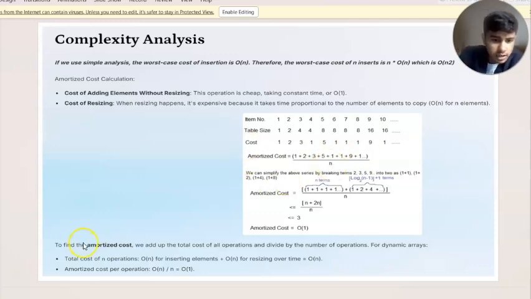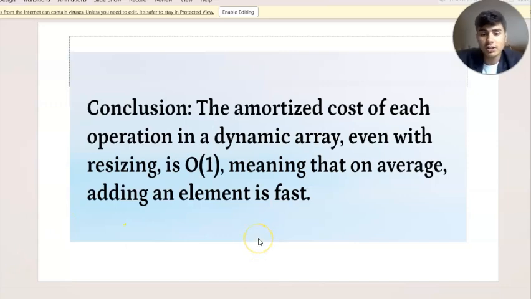To find the amortized cost, what we have done is take the total cost of n operations, which is O(n) for inserting elements and O(n) for resizing over time. So O(n) plus O(n), which becomes O(n). So the amortized cost came to be O(n) upon n, which is the number of operations, which came to be big O of 1.